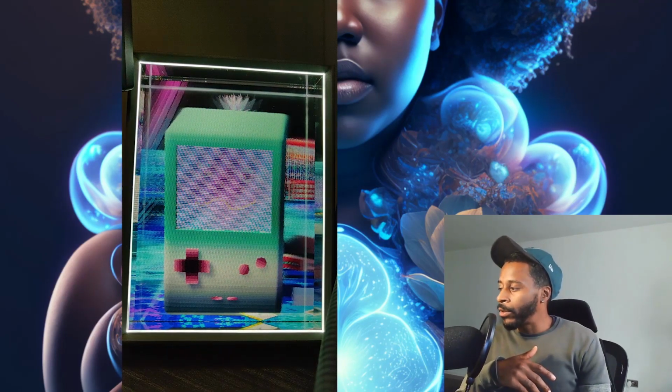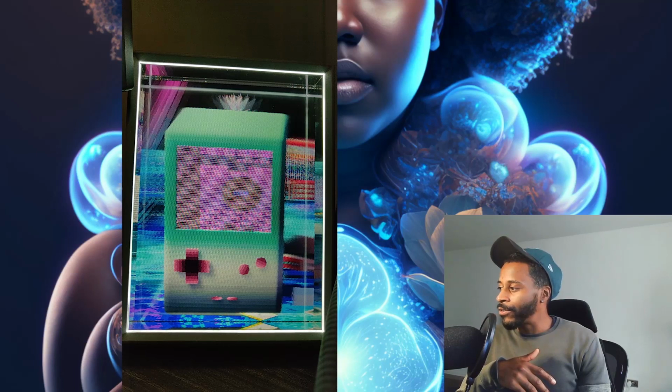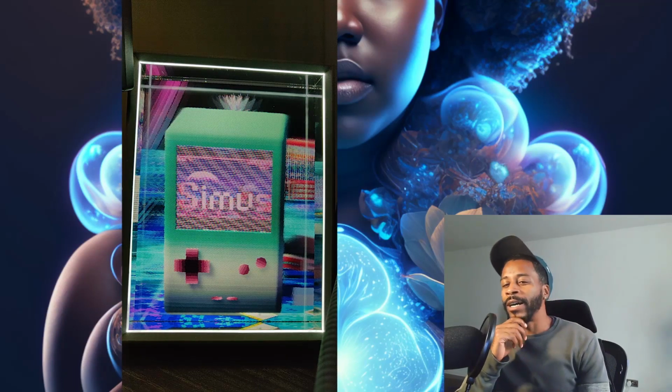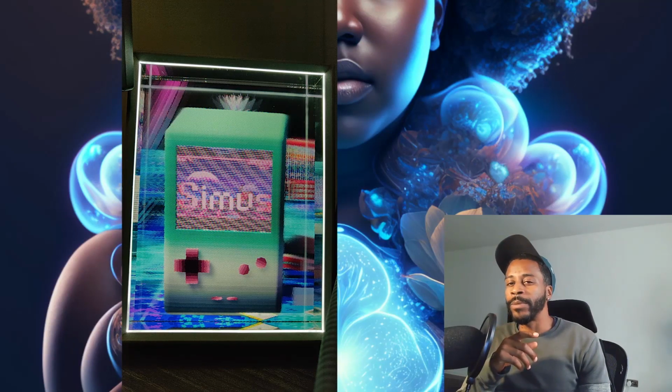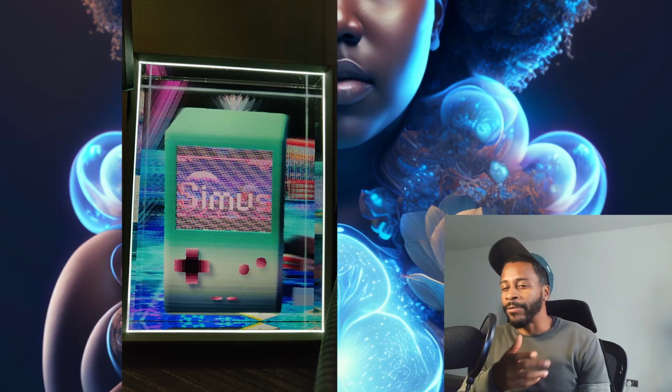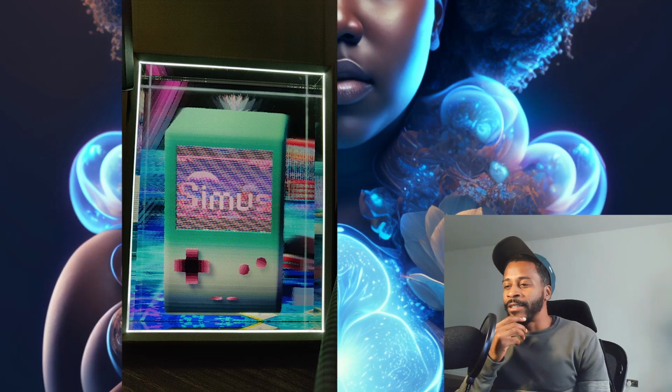So the next one, which is SimUse, this is going to be a simulation program, so you can simulate different things, and I'll probably show a bit of that next time.